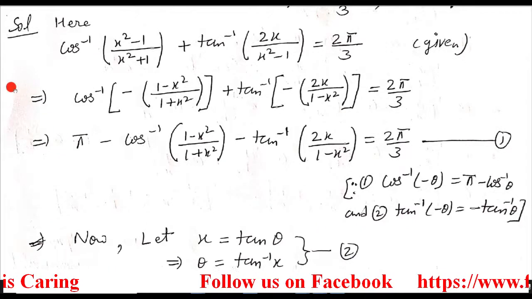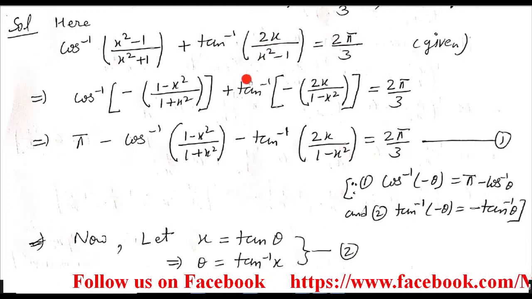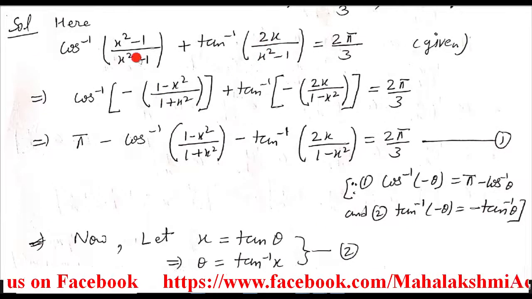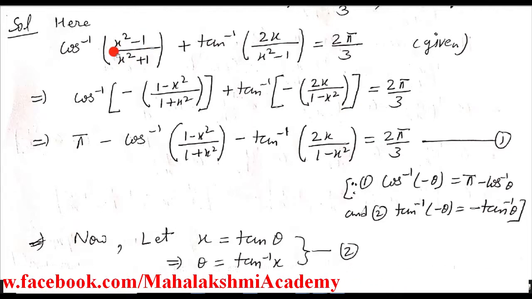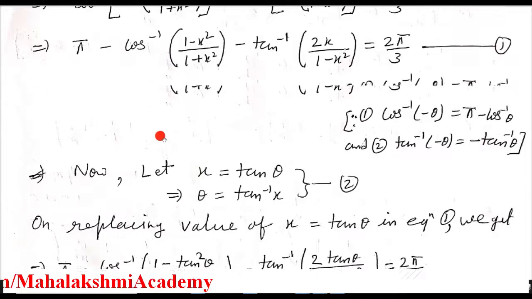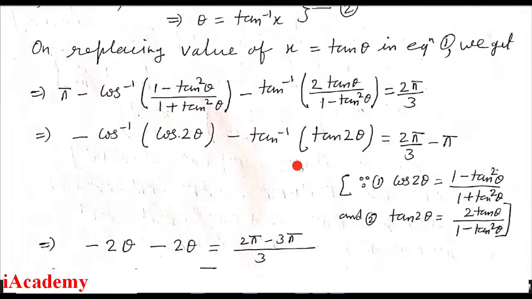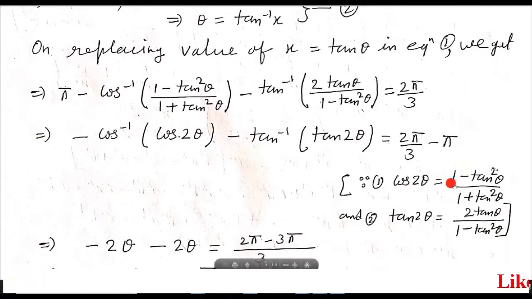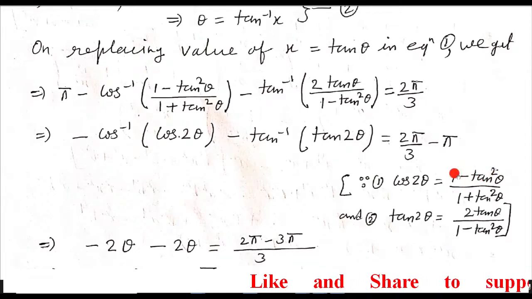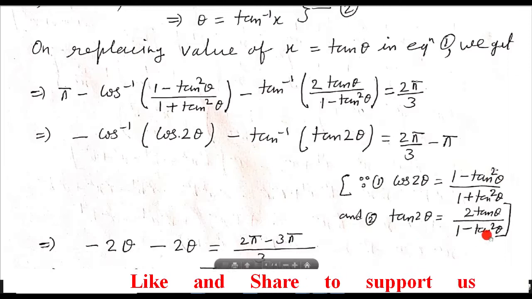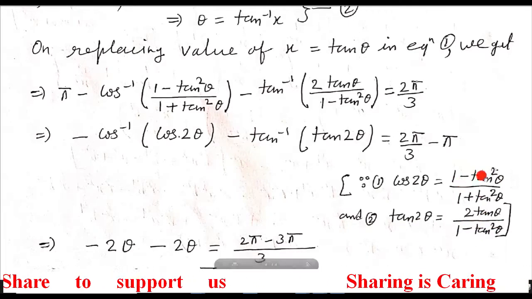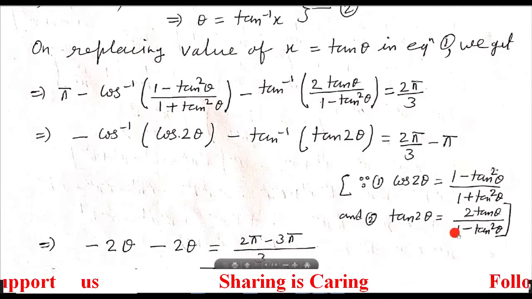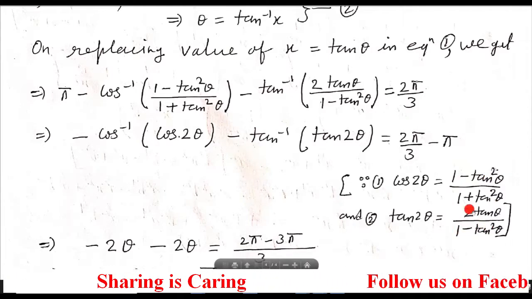So students, when we observe it carefully, we will find that these terms can be in the form of cos 2 theta if we take minus common, because somewhere I wrote the formula. Just see the formula first. Cos 2 theta is 1 minus tan square theta upon 1 plus tan square theta. So what we have here, 1 minus tan square theta. In the same way, tan 2 theta, here again we have 1 minus tan square theta. Means it should come 1 minus x square, and here also it should come 1 minus x square.